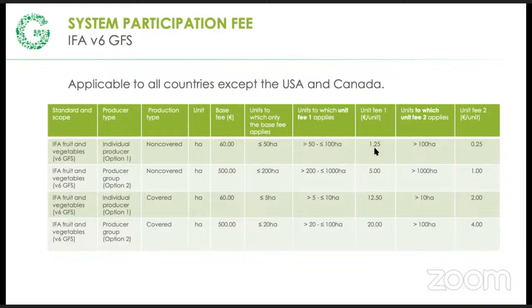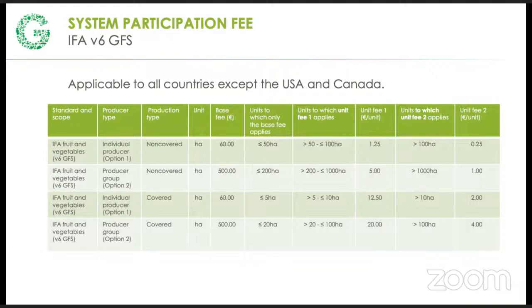That's how they go up to a maximum of 100 hectares. Then above that 100 hectares, they start to charge you 0.25 euros per hectare. So it's incremental, and they have different